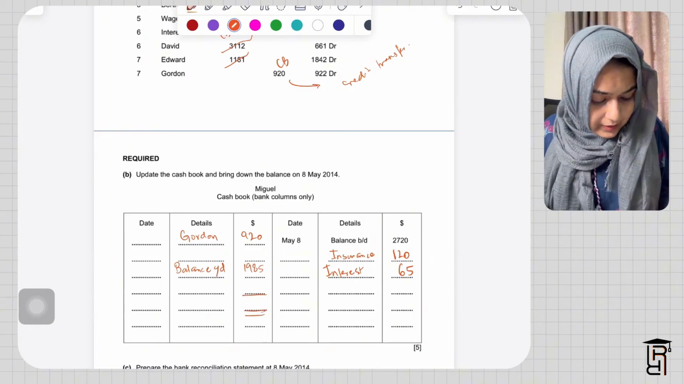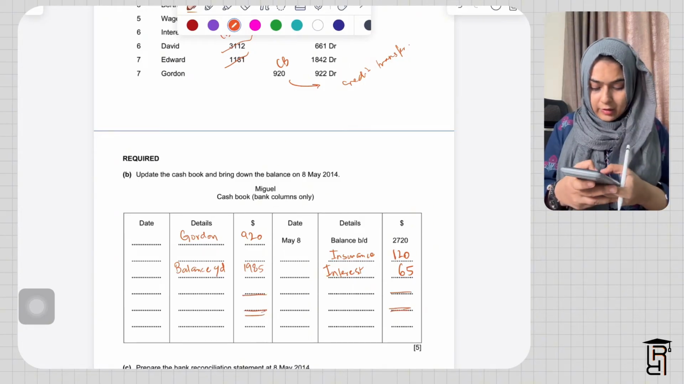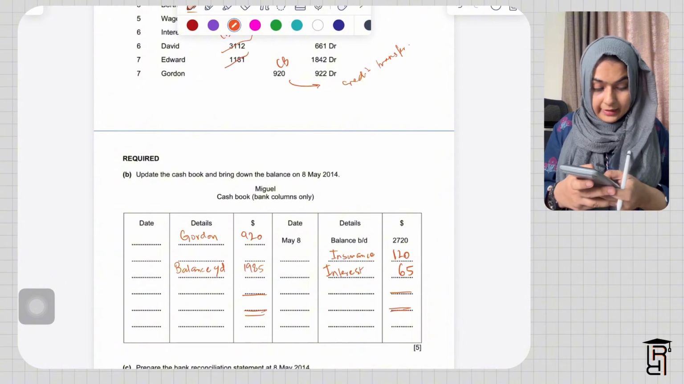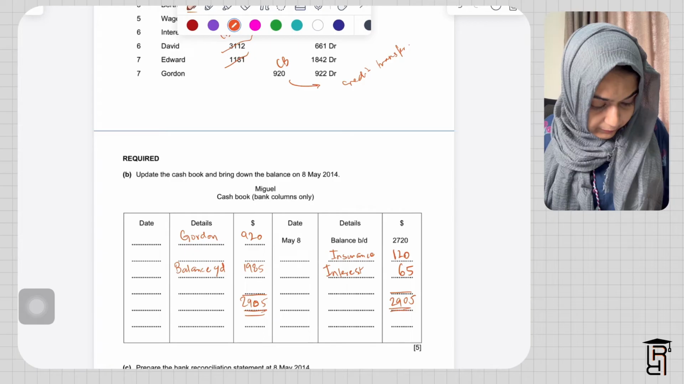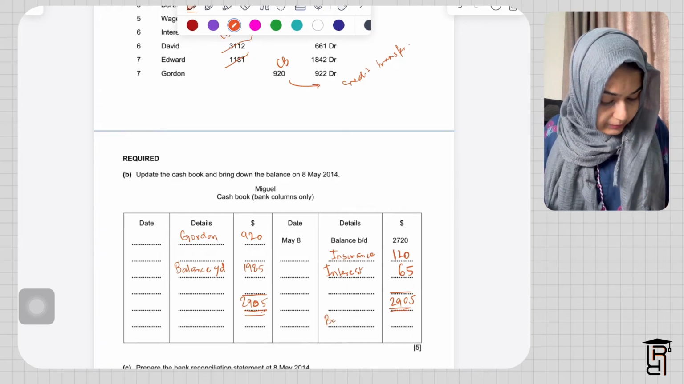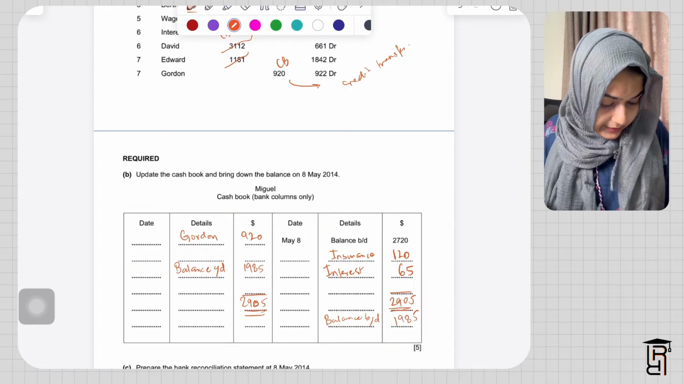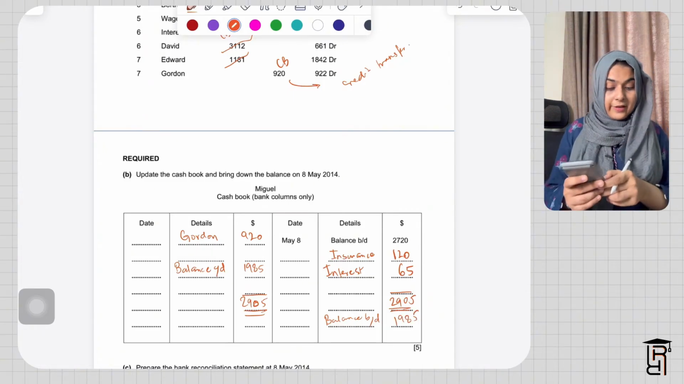The total of this account will be 920 plus 1985, which will be 2905 on both sides, 2905. This balance carried down will become my balance brought down, and this will be 1985. This is for 5 marks,